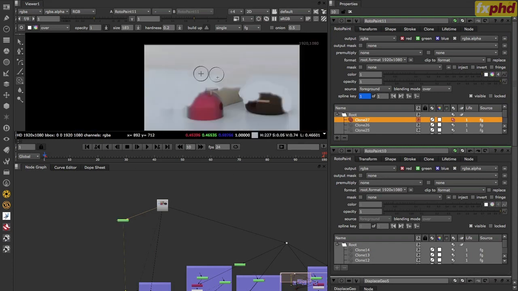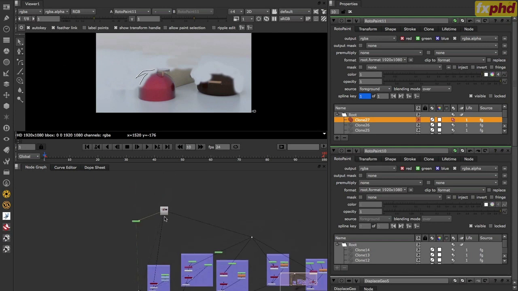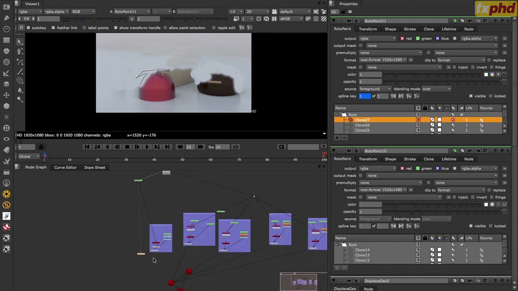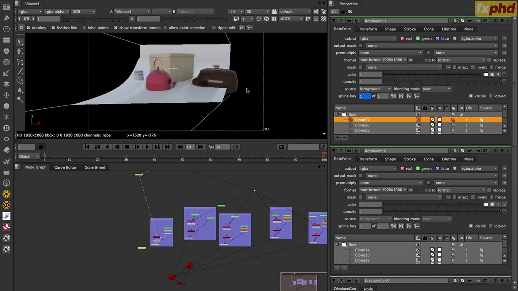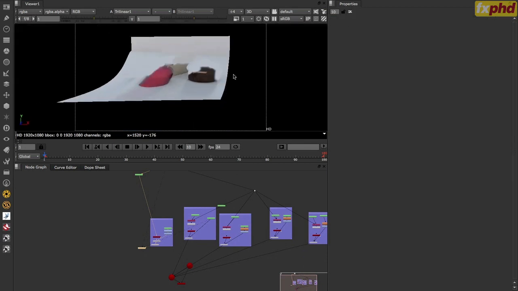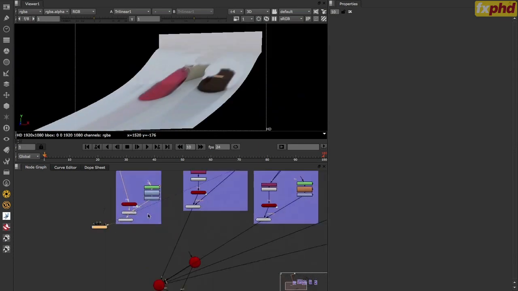Pause. Alright, like I said, don't get hung up on my bad paint job, but that should hopefully do it. I'll feed that to my ground plane. There's my ground plane now, to close everything else. Then we'll render that out separately